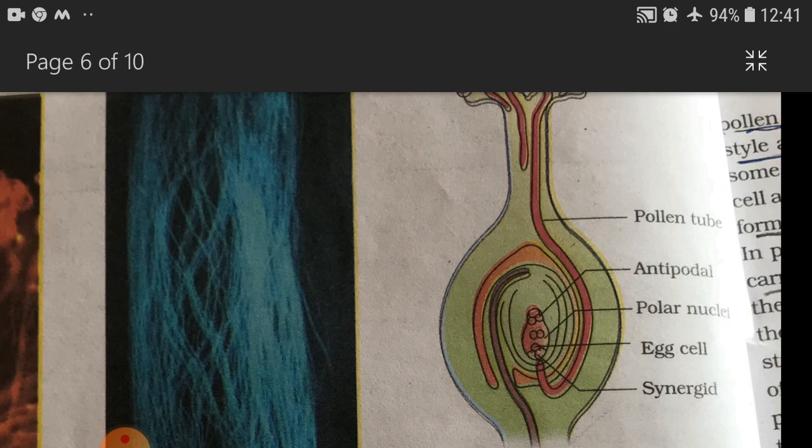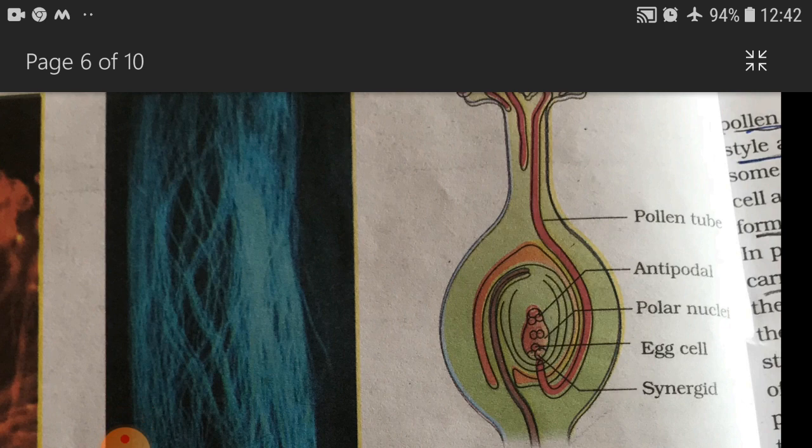All these events, from the pollen deposition on the stigma until the pollen tube enters the ovule, are together referred to as the pollen-pistil interaction. This pollen-pistil interaction is a dynamic process involving pollen recognition followed by promotion or inhibition of the pollen. The knowledge gained in this area helps a plant breeder in manipulating pollen-pistil interaction to get hybrids.